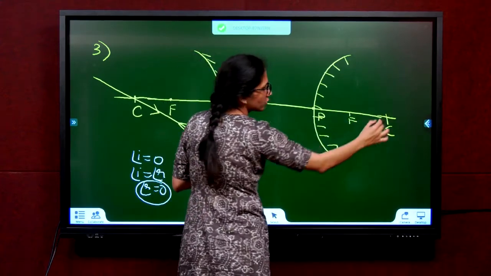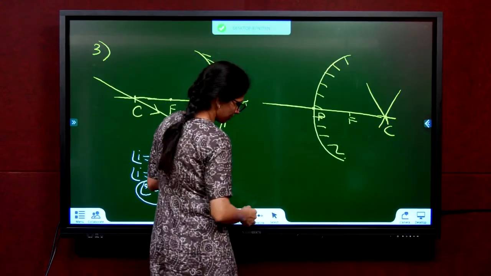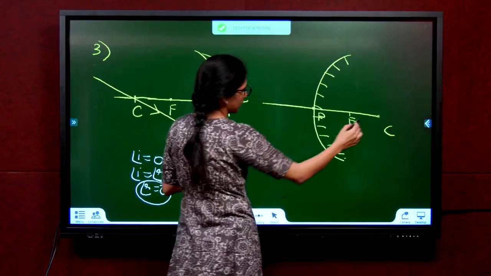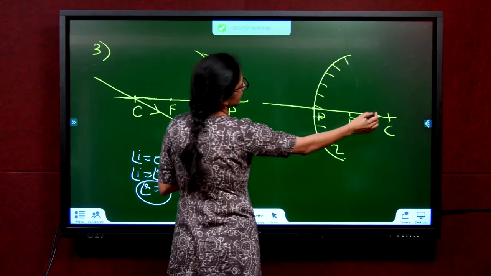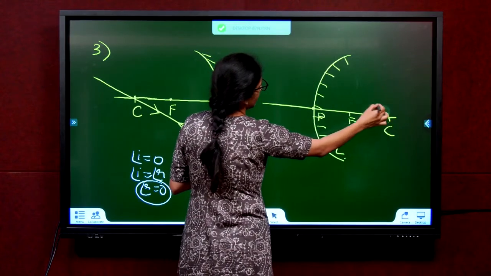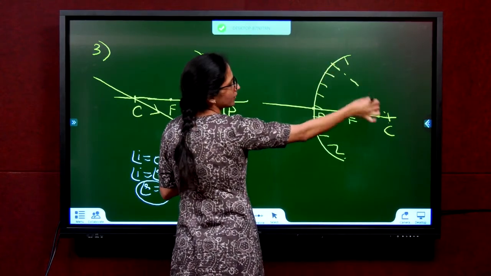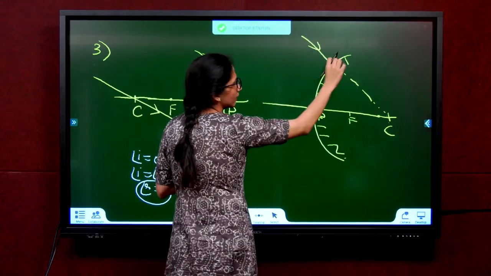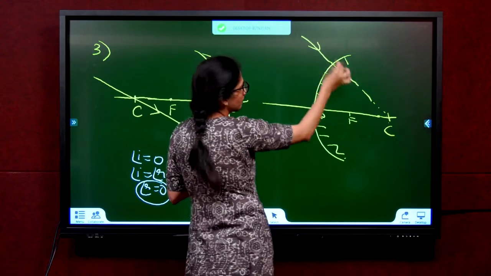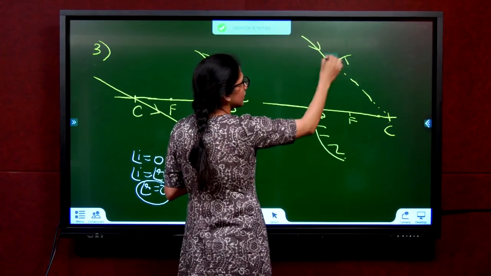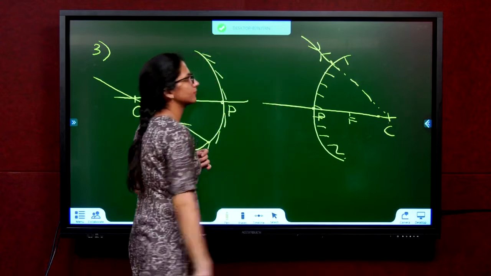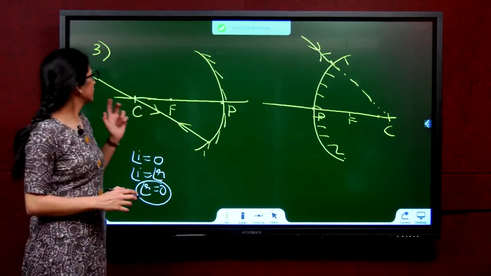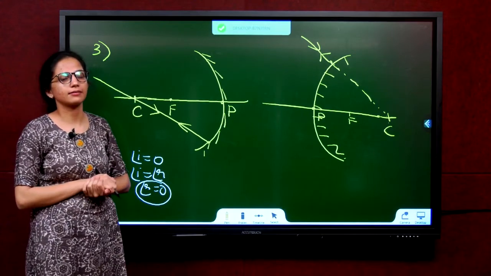Can a ray really pass through C? No, it will never meet the mirror. So it appears to pass through C. How? Let's say it's passing through C like this. So take your scale, put a dotted line till here. Why? Because that's imaginary. Then put a solid line. So the ray came like this, assume. It was going to pass through C, appears to pass through C. After reflection, it will go back like that only. So it will come, hit this and go back. Okay, so this gives us the third case.